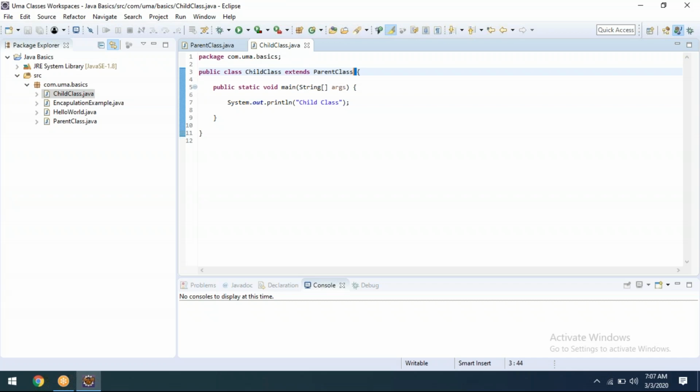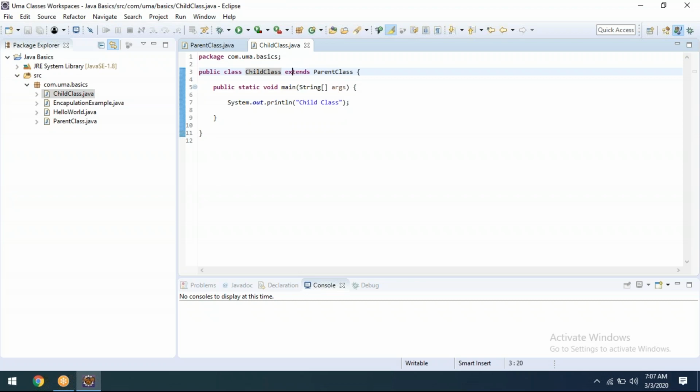Is there any way to identify? Whenever we have an extends keyword, the right side class name is the parent class and the left side class name is the child class.